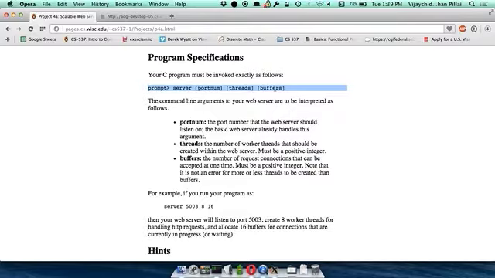Now, of course, there are multiple threads here, and you need to synchronize between them. We expect you to do this using condition variables. We have seen this in class. This is a classic producer-consumer problem. Your main thread is producing all these requests for all your worker threads. Your worker threads just need to check the buffer and then retrieve that request and work on it. So it's a very, very simple problem.